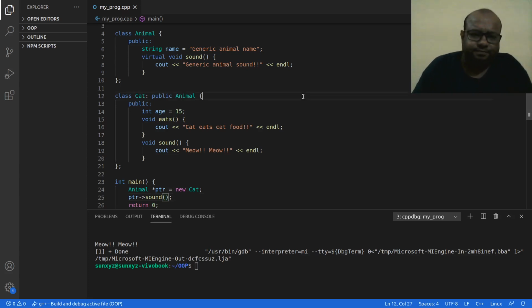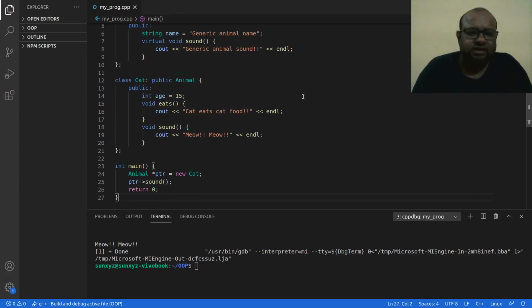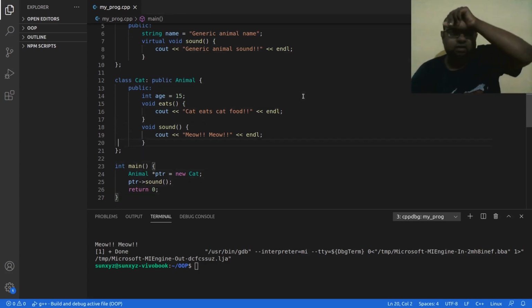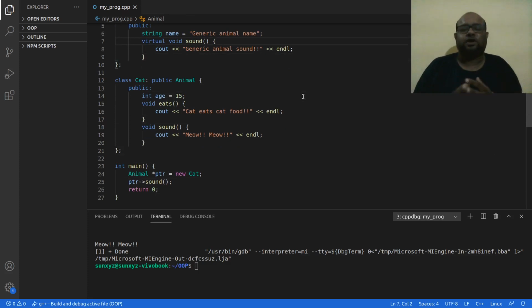So this overriding that I did, I am able to take advantage of that. So this is good, and this is what I wanted to demonstrate. Now what is this virtual keyword? The virtual keyword enables us to do something called runtime polymorphism.